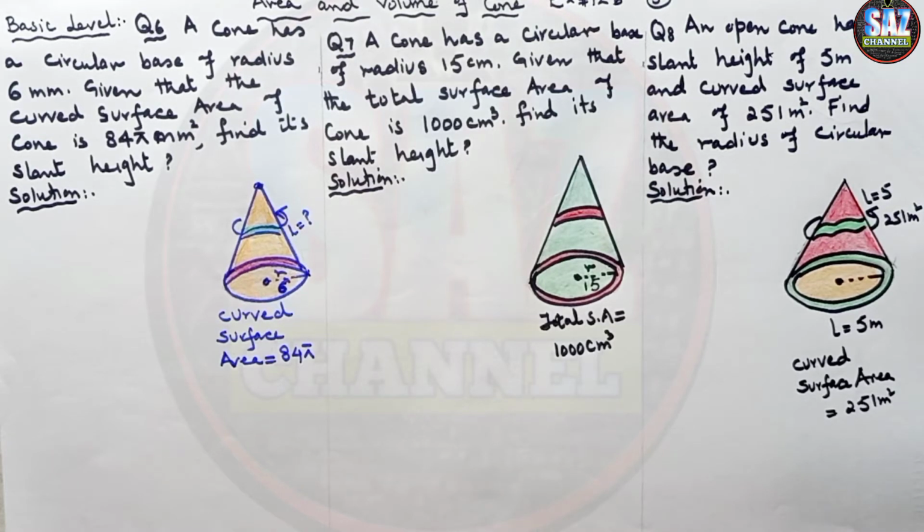This is my fifth lesson of D2, chapter number 12, exercise 12b, about the area and volume of a cone. What is a cone and what are the important parts of a cone? What is height and slant height? And what is the area and total surface area of a cone, and how to find the volume, and the formulas? These questions have to be really clear to all of my students.